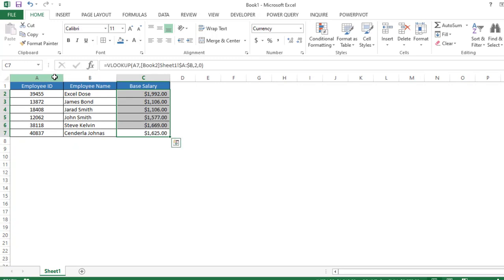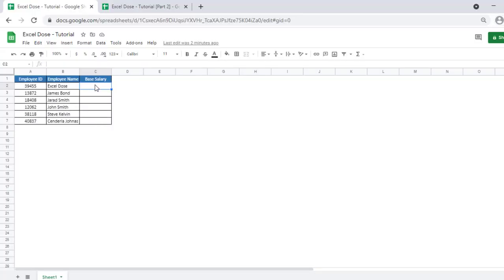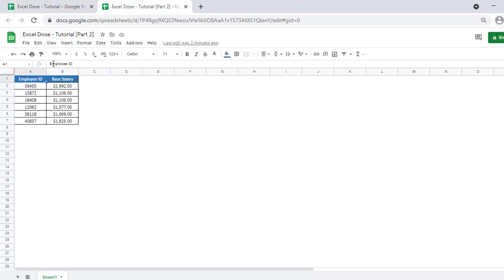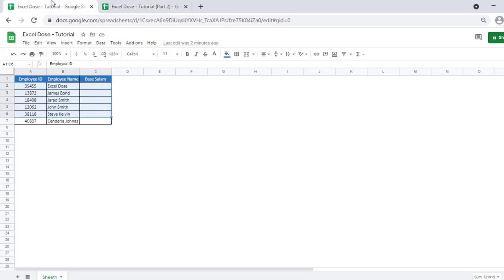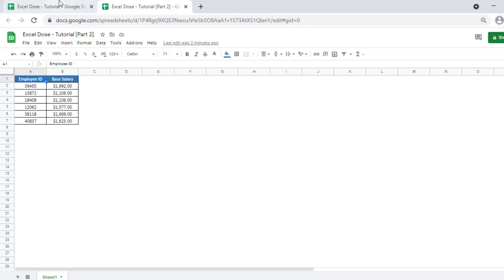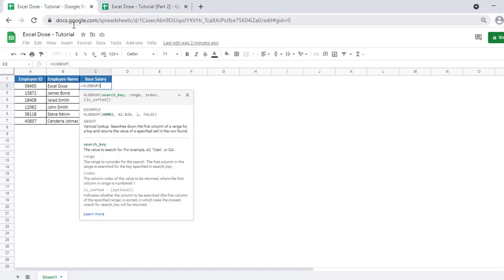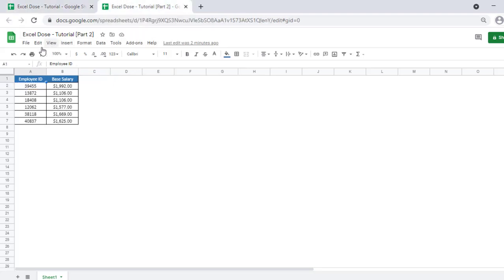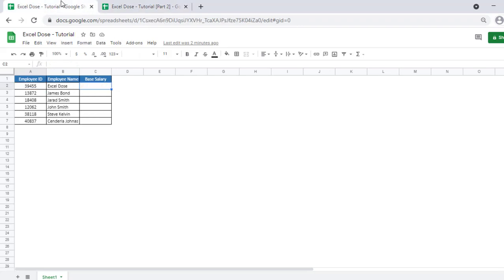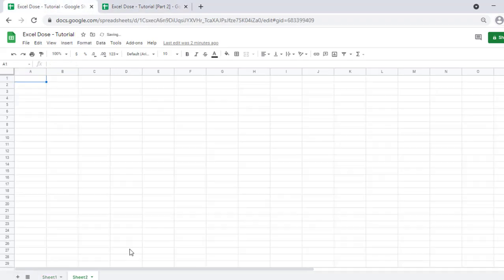Now let's try the same thing in Google Sheets. As you can see, we have the same set of data in one of the spreadsheets, and in the same way we have another set of data in spreadsheet 2. If I want to do the VLOOKUP in this sheet using a reference from the other spreadsheet, we type VLOOKUP and select the employee ID. But if I want to give the reference from another spreadsheet, there is no method or alternative to do that. For that you have to create another sheet in that particular spreadsheet, and only then can you do the VLOOKUP in Google Sheets.